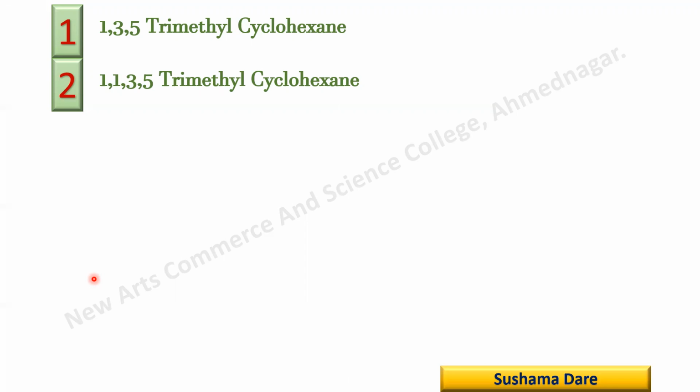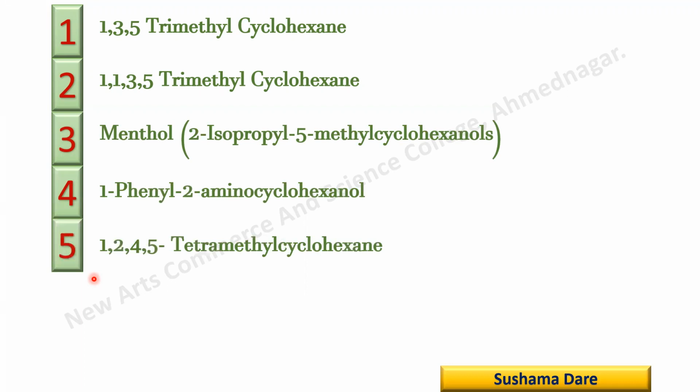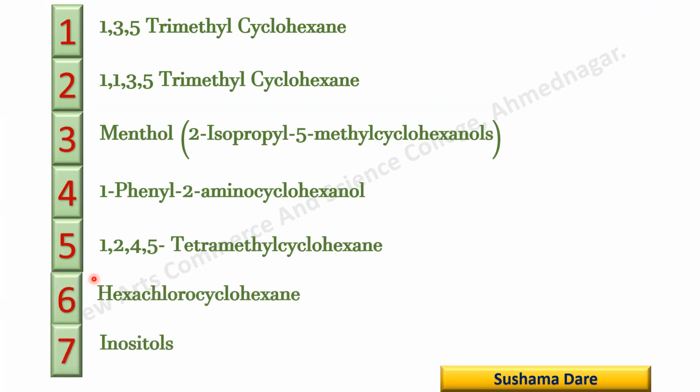this isomer, and these are the remaining examples or these different points that we have to cover under this section. So these 7 molecules we have to discuss. So today in this video, I am going to share with you 1,1,3,5 tetramethyl cyclohexane.